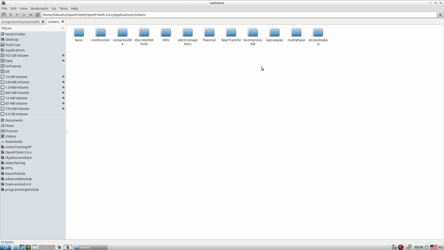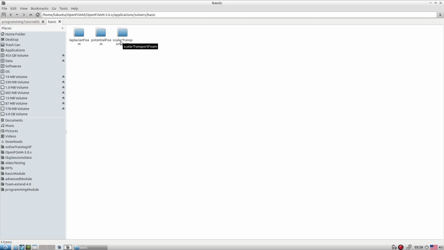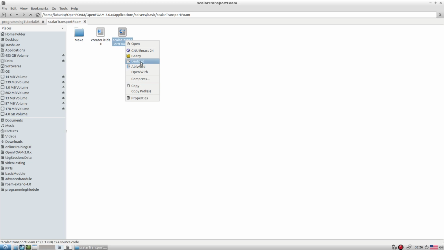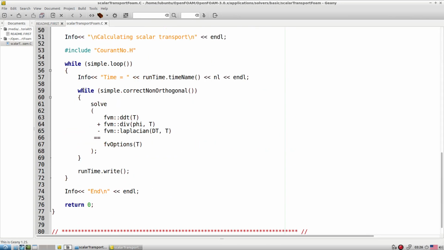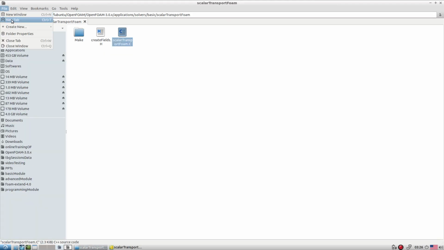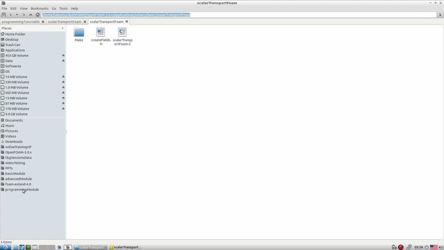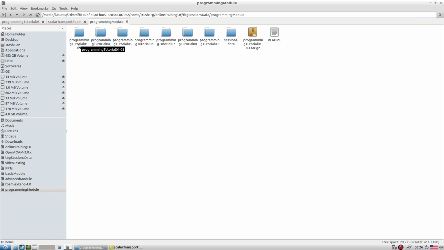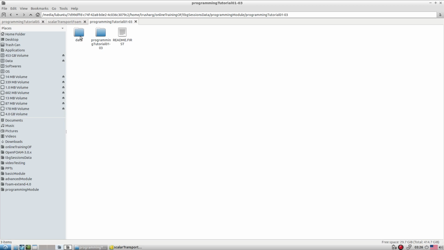For this particular session, we have a basic solver, the scalar transport equation. We pick up the scalar transport equation and plug it inside icoFoam first. Before we go towards that, let's look at it in an even more simplified way. In the simple solver development here, we develop a couple of very simple solvers.